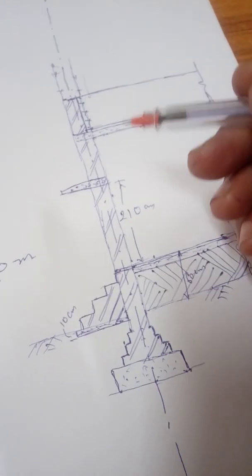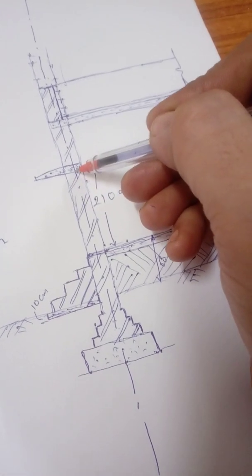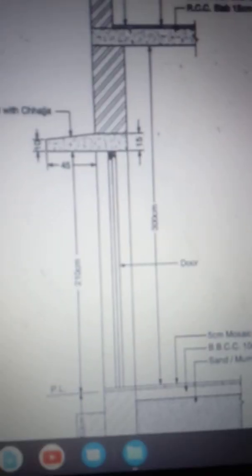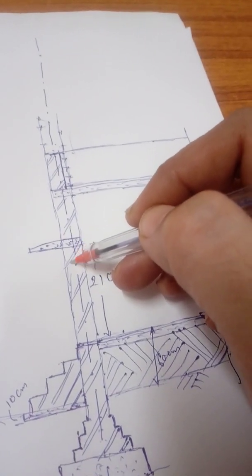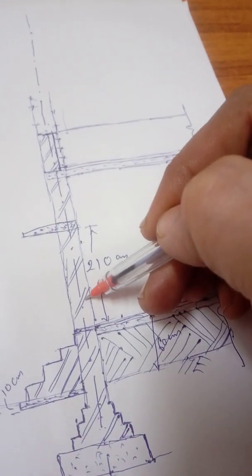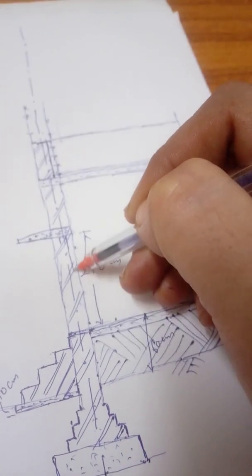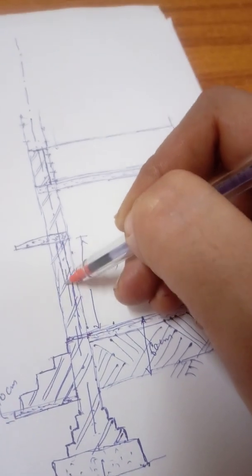Okay, now one more thing remaining in the drawing is the provision of a door in this opening. At lintel level we placed the lintel and chajja, so between floor and lintel there is a door opening in the drawing. For that, first of all we have to remove the lines of the wall masonry, and then show a door: two parallel lines on either side of the center line for the door frame.